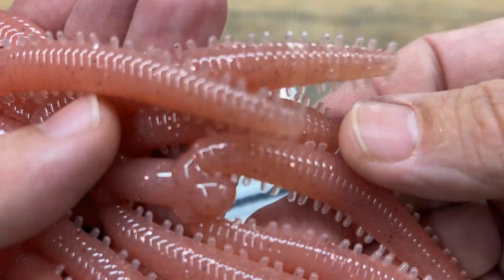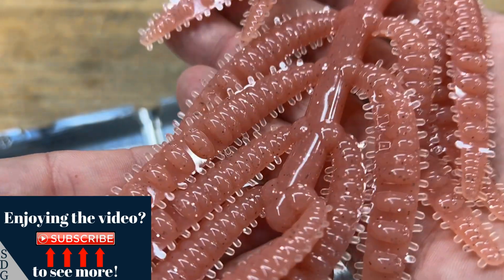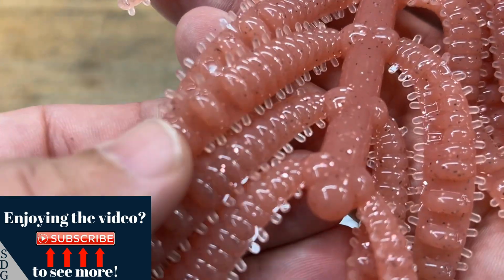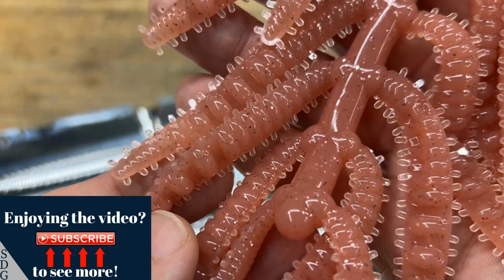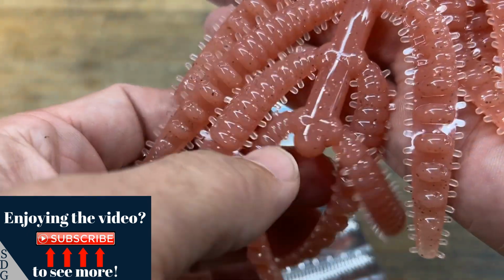Love it. Just enough sparkle with the pink, and just enough dirty essence with that smoke in there. I think these are gonna be fantastic. Part of the reason I